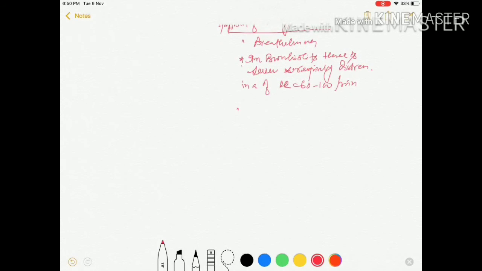After breathlessness, there is bluish discoloration, if there is hypoxygenation. Then what are the signs? Signs are increased respiratory rate, increased heart rate, cyanosis,